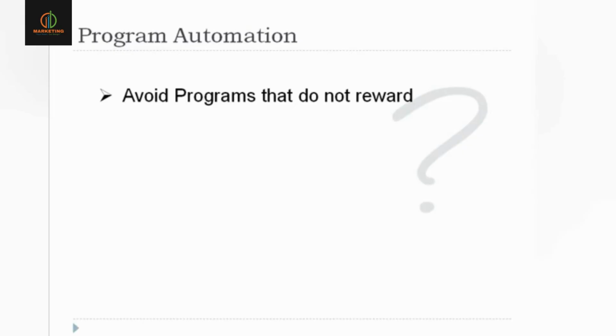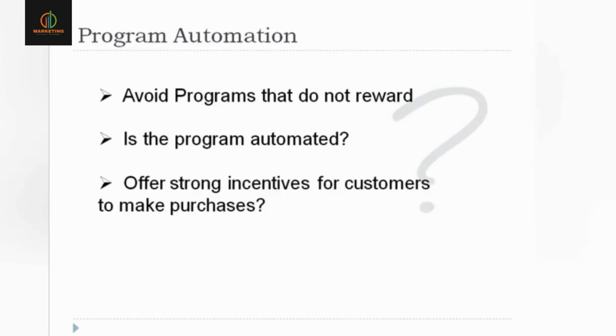Another thing you want to do is select programs that have plenty of pre-made tools and resources that can help you grow your business in the shortest possible amount of time. Not all affiliate programs have these capacities. Then you want to ask yourself, is the program automated? Check out whether or not the program has an automated system that allows you to check your referral statistics and compensation at any time. Does the program offer strong incentives for customers who make additional purchases or for members to renew their memberships? Affiliate programs that provide continuous